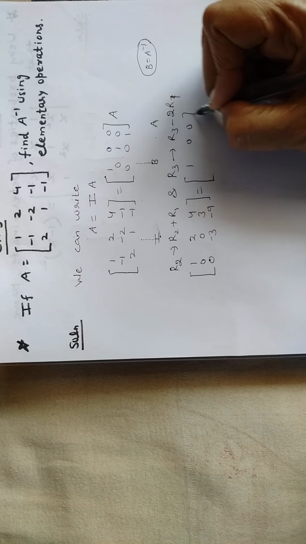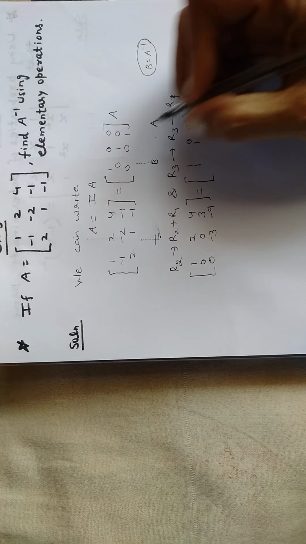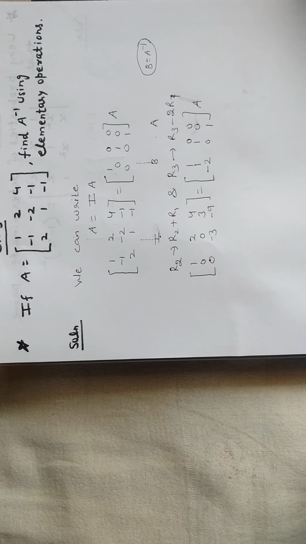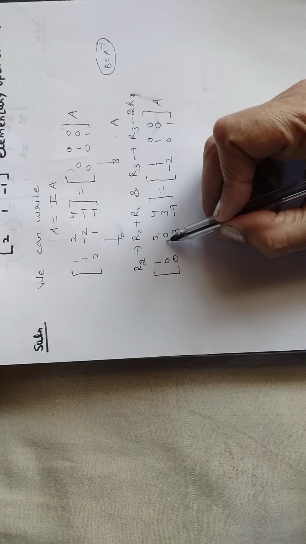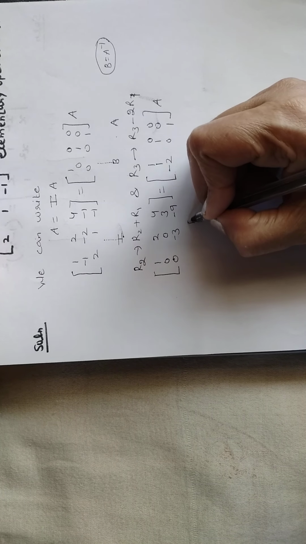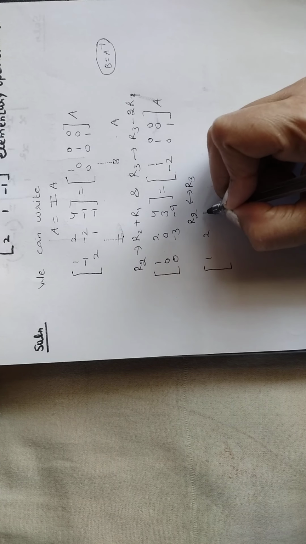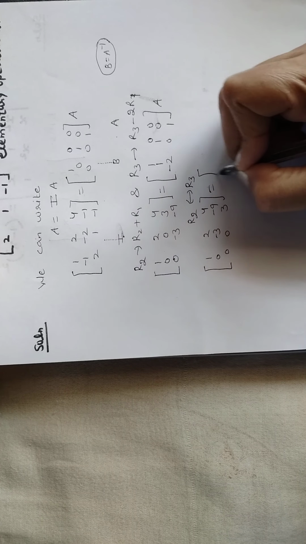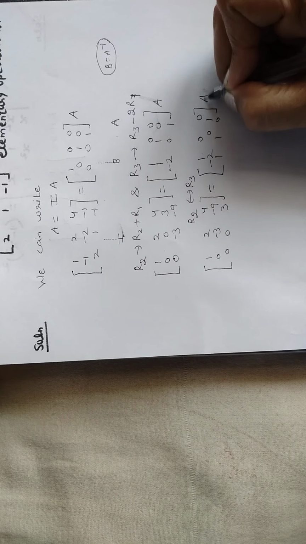On the right hand side, this plus this, it will be 1, 1, 0. This row minus twice. Clear? Now next, in this column you have to make here 1. So we will interchange these two rows. So you will interchange R2 with R3. So after that you will get 1, 2, 4. And here 1, 0, 0, minus 2, 0, 1, 1, 1, 0.